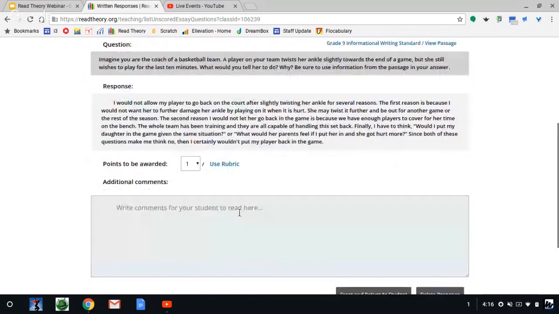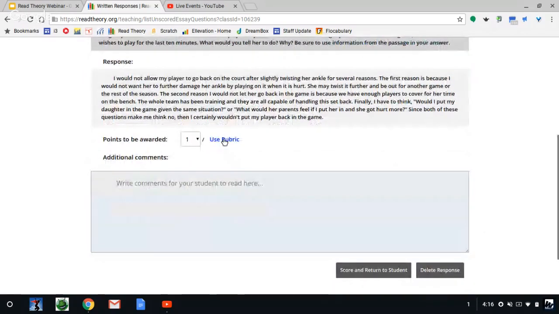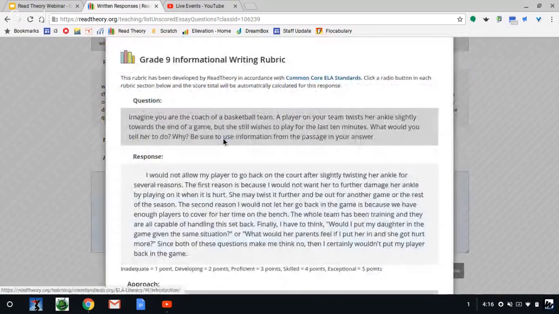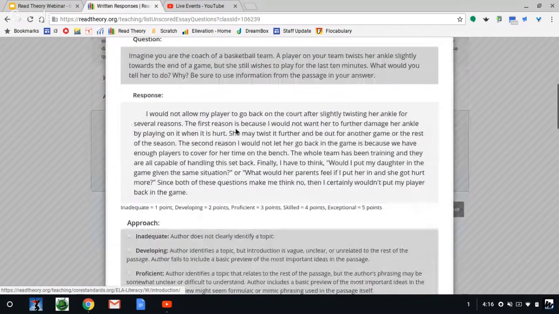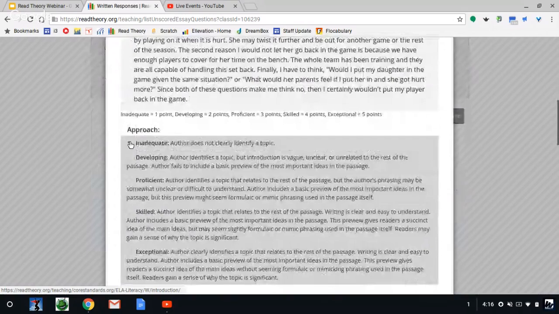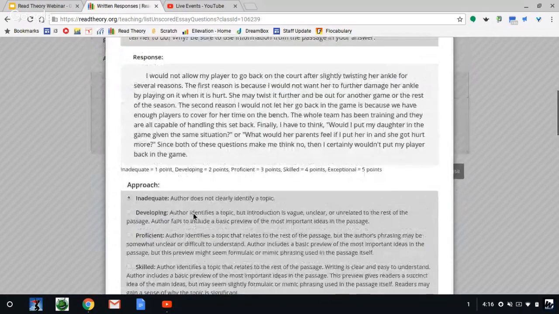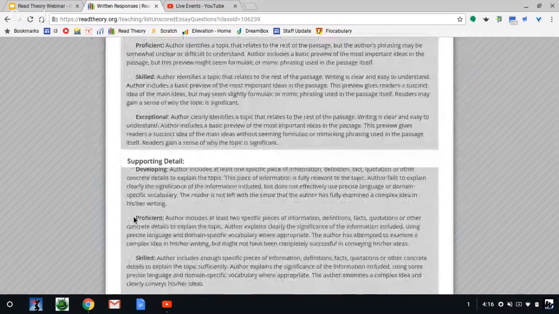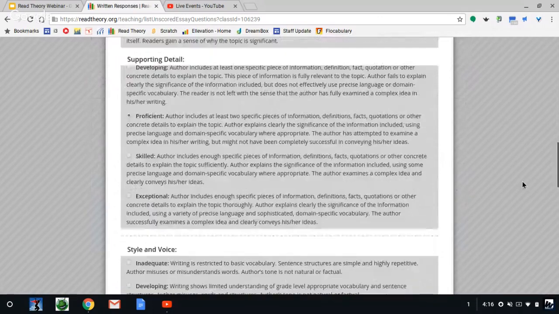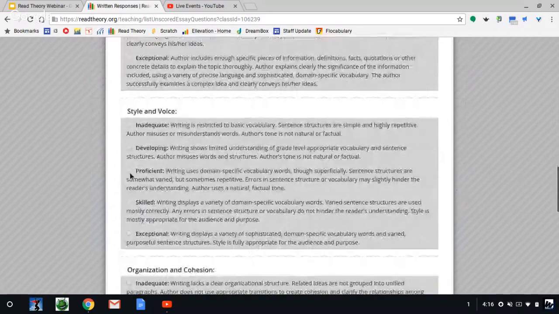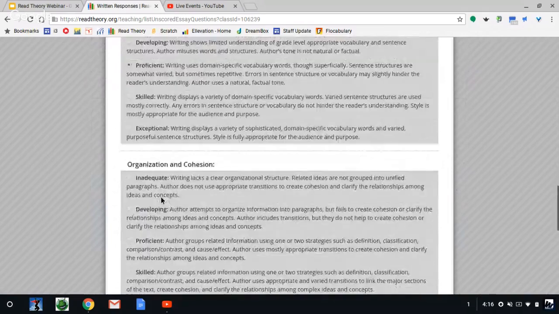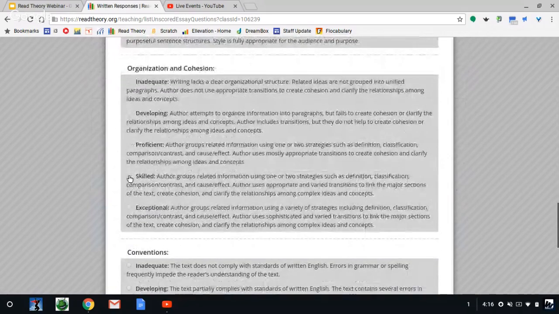And then you can click on the rubric. She also has this rubric available to her when she is responding to her question. Now, whether or not she'll actually click on it, I don't really know. But here's her question and response again. And then you can go through the rubric and just basically read, and of course, click where you think that student is performing within the written response. I'm just going to click summed for the sake of time